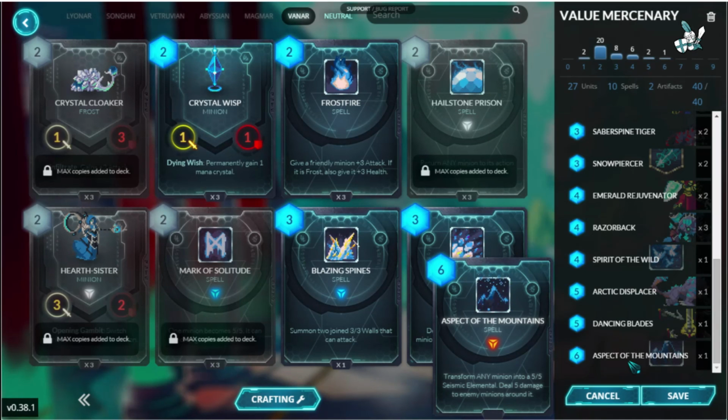Casting it on a friendly minion that's not already on the board would require 7 mana. Like you summon a Rock Pulverizer and then transform it in order to clear your enemy's minions. So this is definitely a late game only card, especially if you're losing. You have that empty board. You're going to have to play it at 8 mana to summon the 2-drop and then transform with Aspect of the Mountains. You can cast it on enemy minions and the AoE damage still activates, but after you do that,